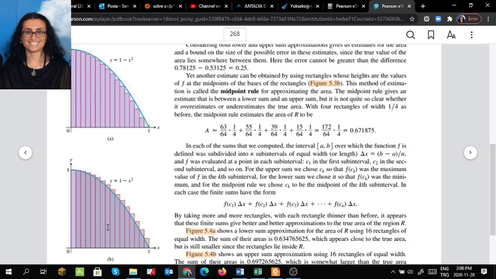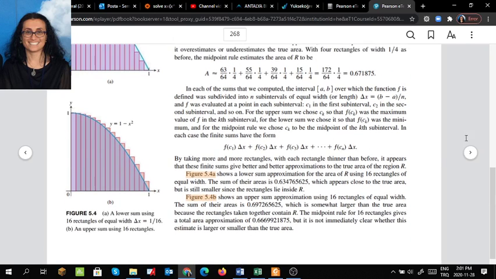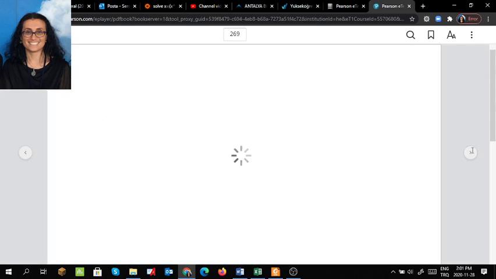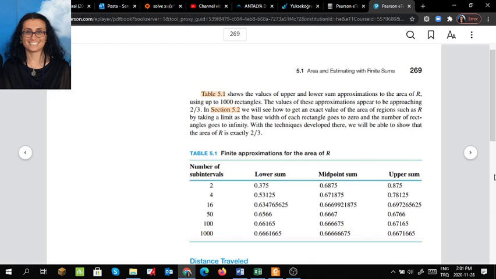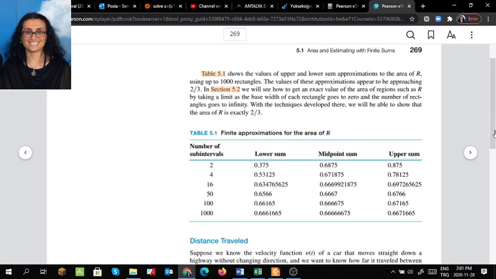This is called the overestimate because the estimate is more than the exact area. This is called the underestimate because the estimate is less than the exact area. So we are going to talk about that. And let's see. We can easily